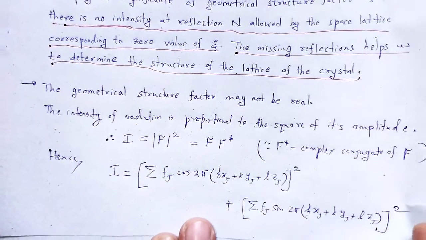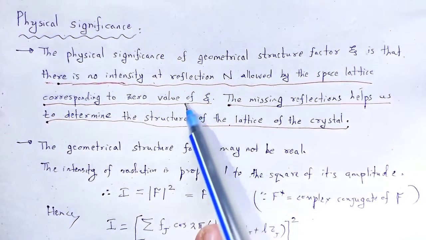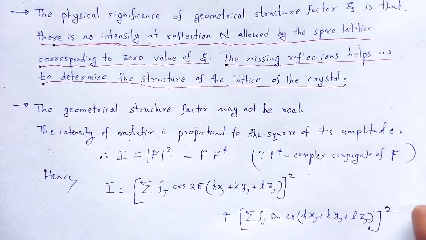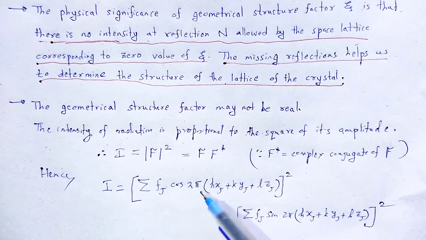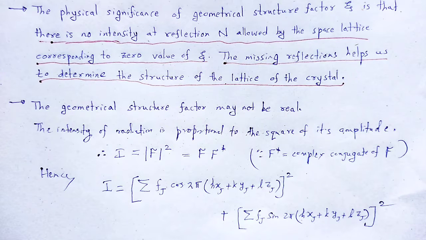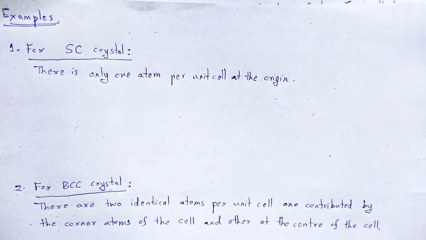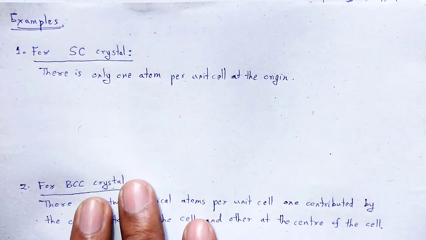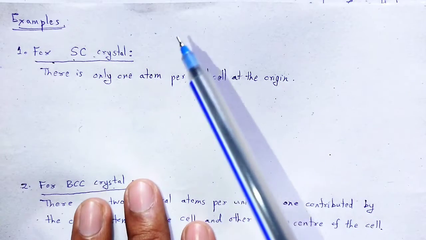By using the concept of geometrical structure factor, we can analyze the structure of the lattice and again the intensity of the given radiation. Next, by taking examples and the geometrical structure factor, we conclude what the shape of the structure is. For simple cubic crystal,